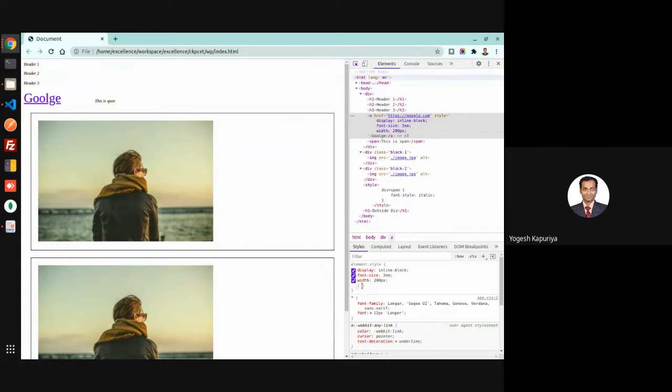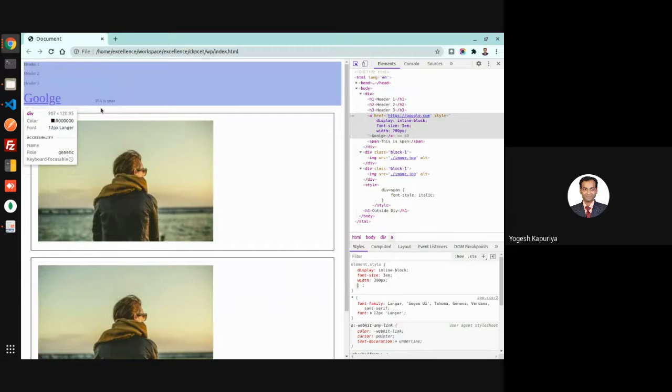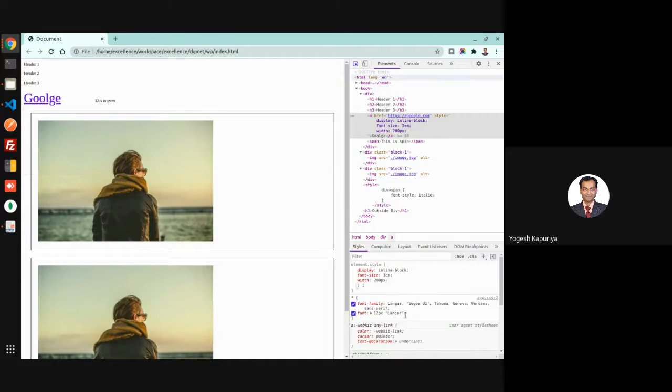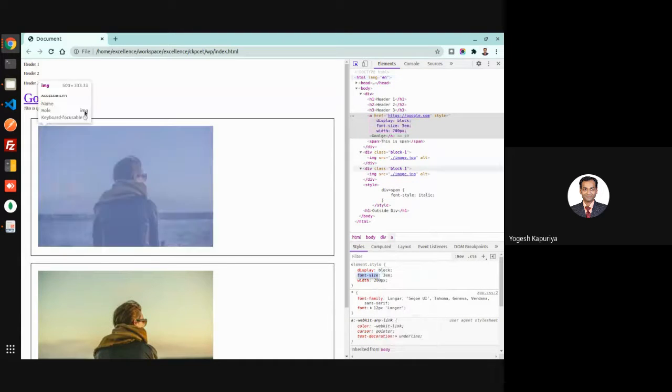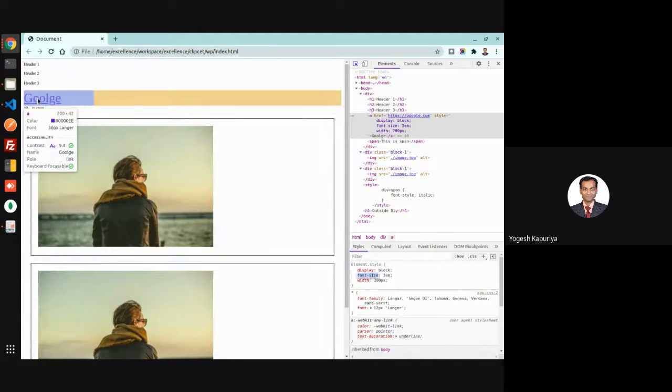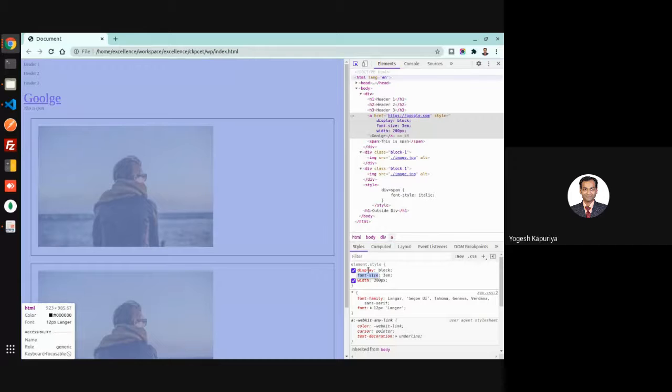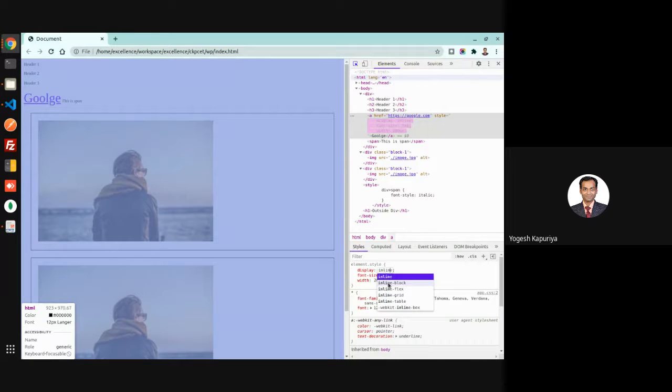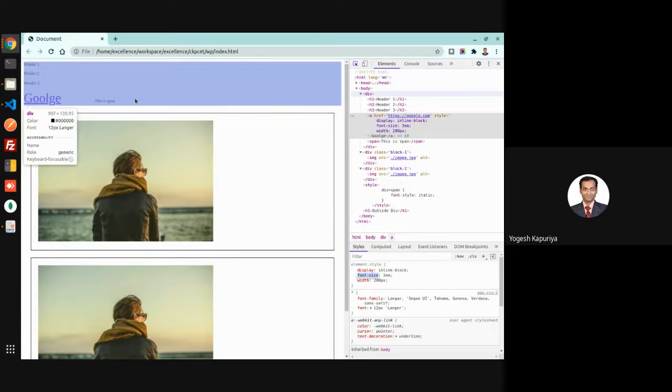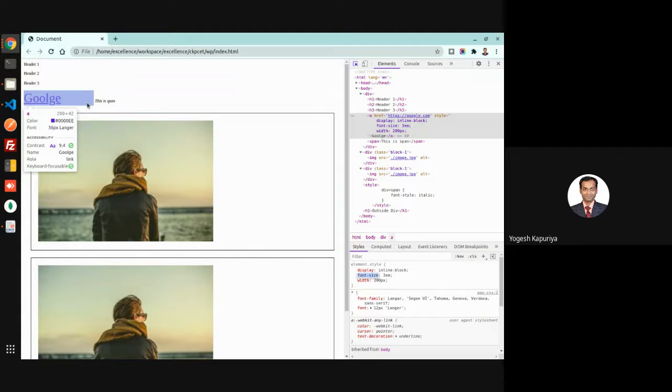You may require this element to stay inline, but with a fixed width or a minimum width associated. Then you have to use display inline-block, because you can't use block in that case, as it will occupy the entire space even though the width is 200 pixels. So these are the major three properties, and then came flexbox.